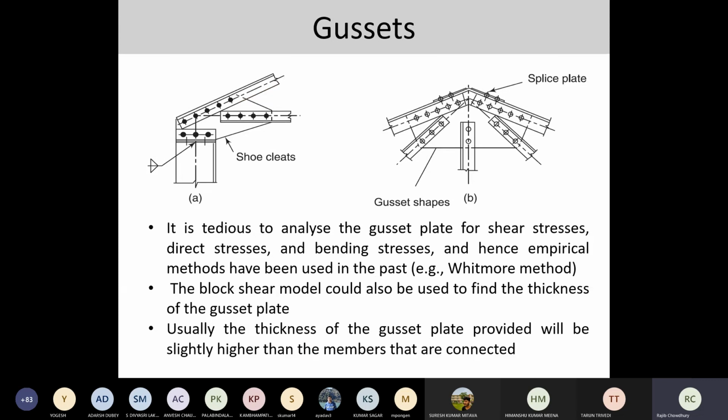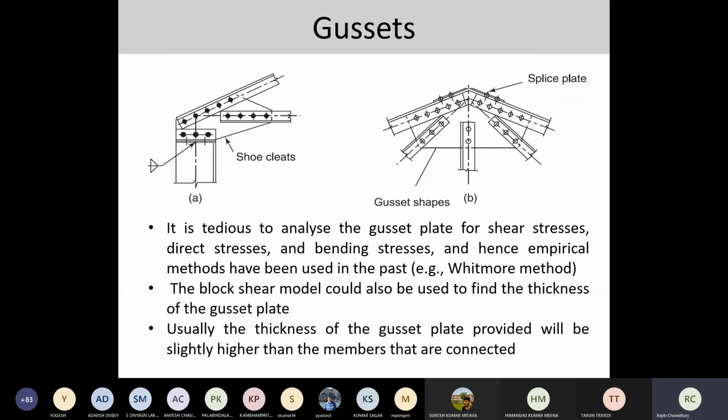Now again, the gusset is coming. I think we have already covered the gusset, and we already know the purpose of the gusset and what is meant by it. A gusset is nothing but a simple plate through which the connections are made, nothing else. The gusset plate does not have any breadth or width. It is governed by its thickness, whether it is a 10 mm, 20 mm or 16 mm gusset plate, that matters.